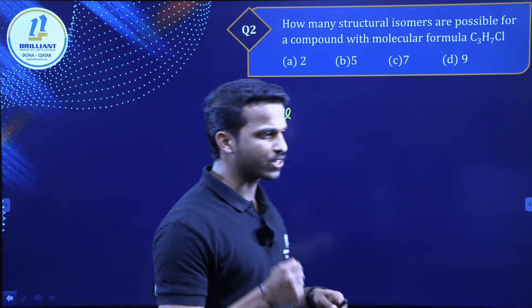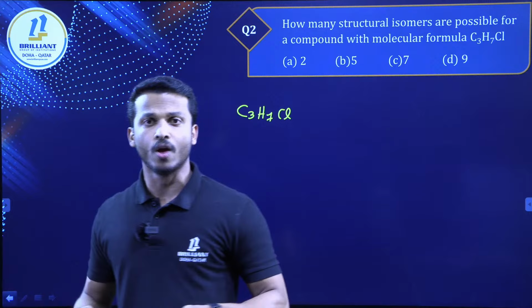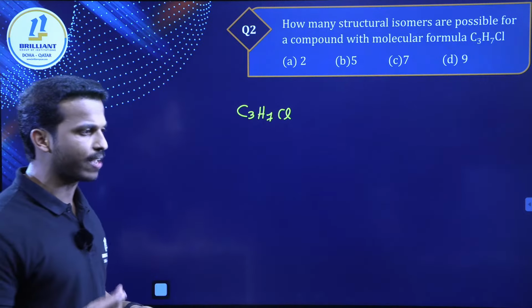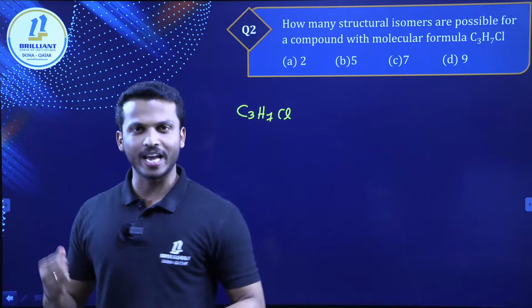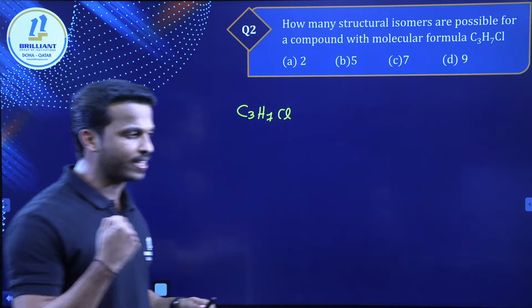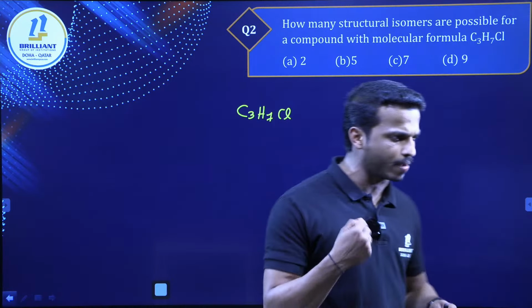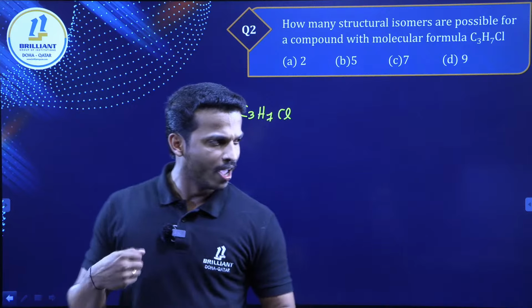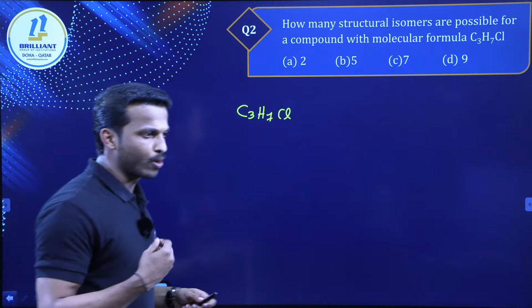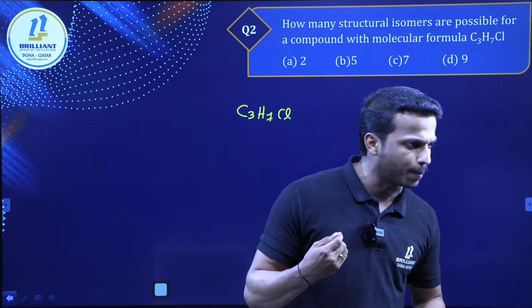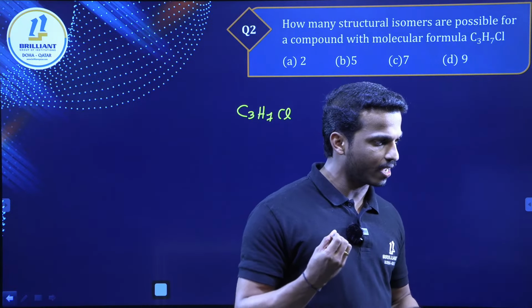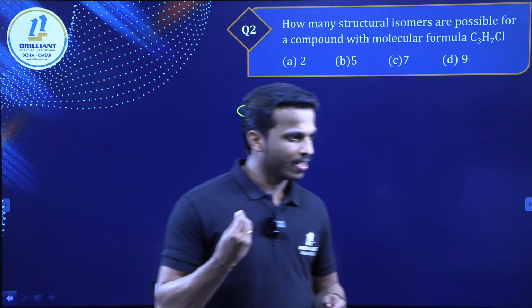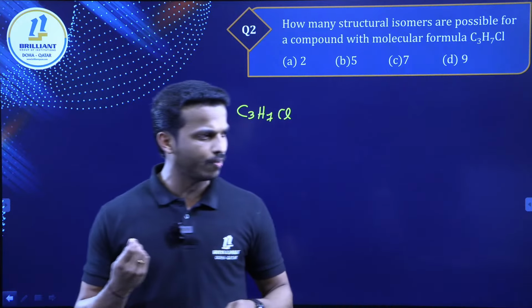How many structural isomers are possible with the formula C3H7Cl? Come on everyone, don't take rest, keep practicing, give an immediate answer, give a maximum correct answer, try to give it in the chat box. Prapti has given option two, Veda has given option A. Most of them are giving option B.